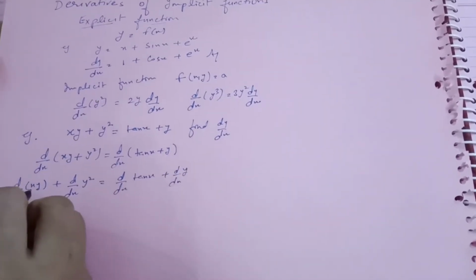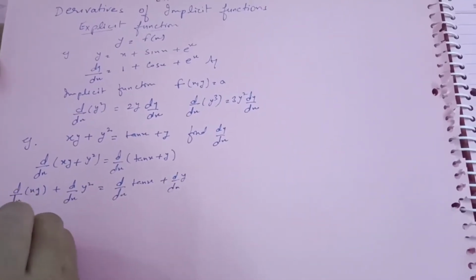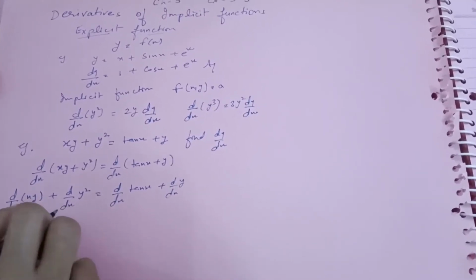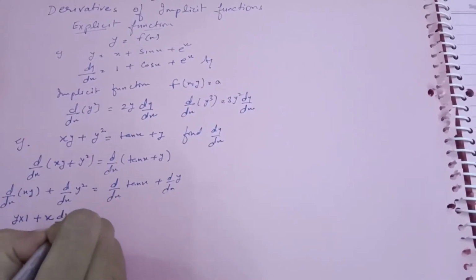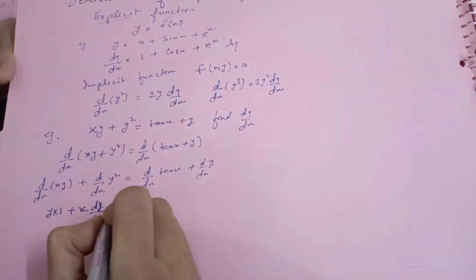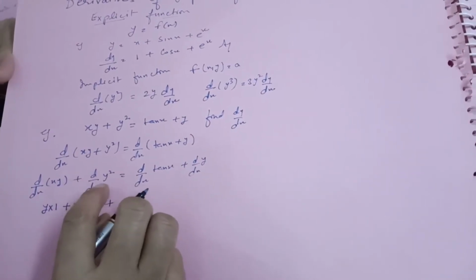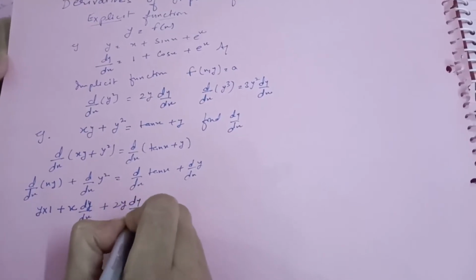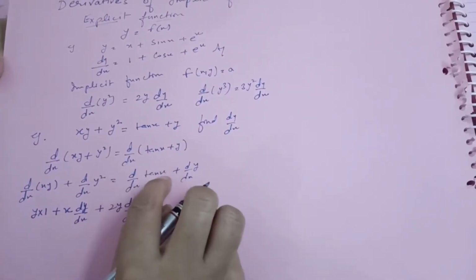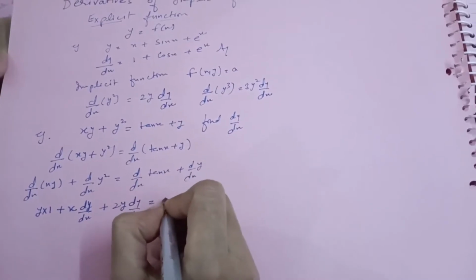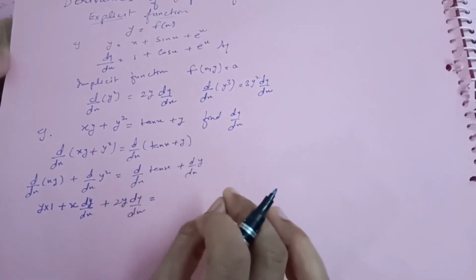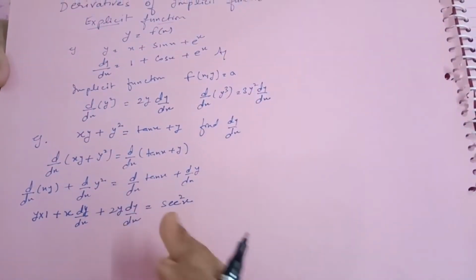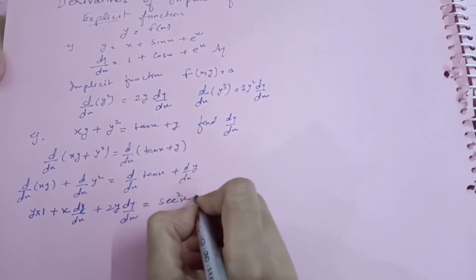So for xy, using the uv rule: first I differentiate x, keeping y as it is, so y times the differentiation of x, which is 1, plus x as it is, and the differentiation of y is dy by dx. Plus d by dx of y square with respect to x, which will be 2y, but not only 2y, you need to write dy by dx. This function is already of x, so for 10x you must have learnt the derivative; very important, you need to learn the formula, it is 10x sec square x. Don't just see the formula and write, you need to learn. Plus dy by dx.